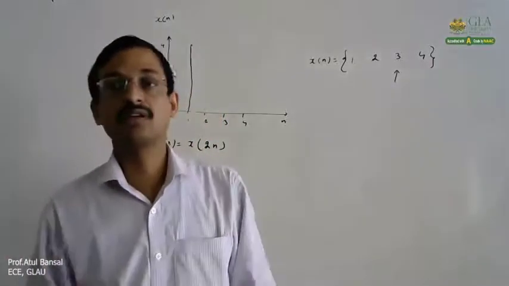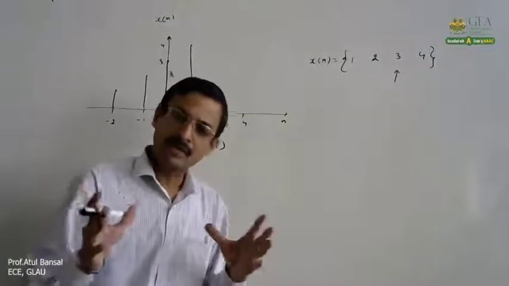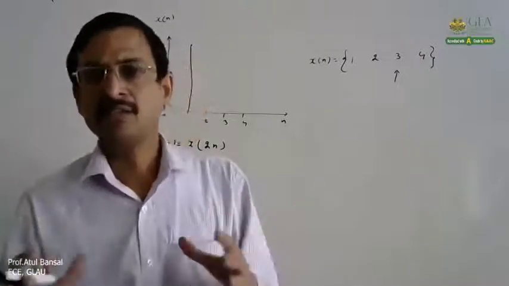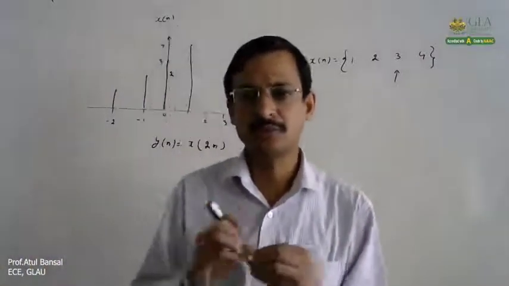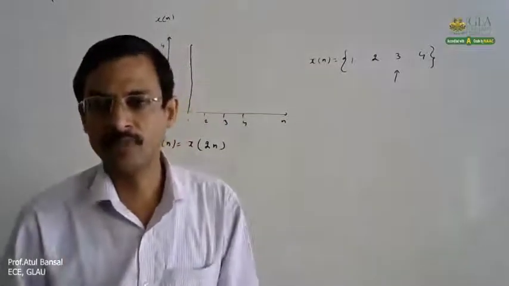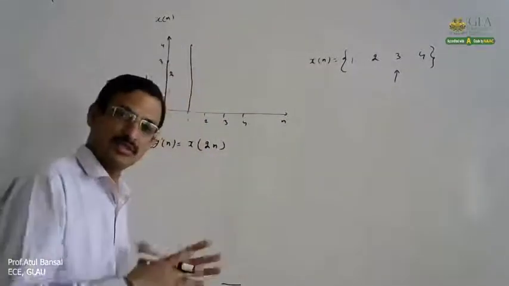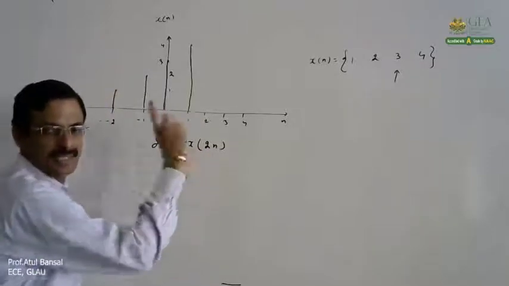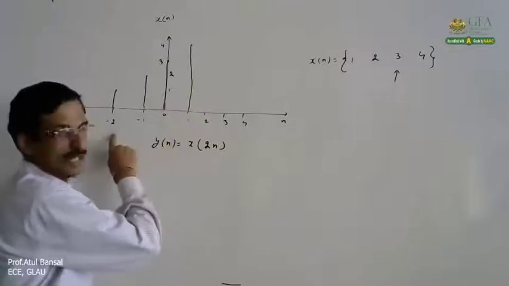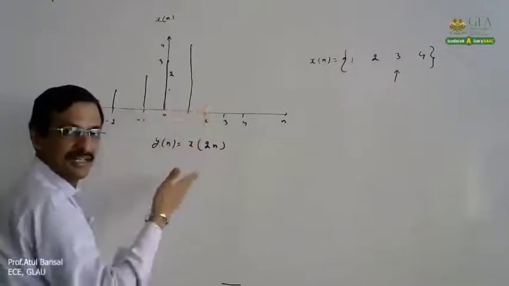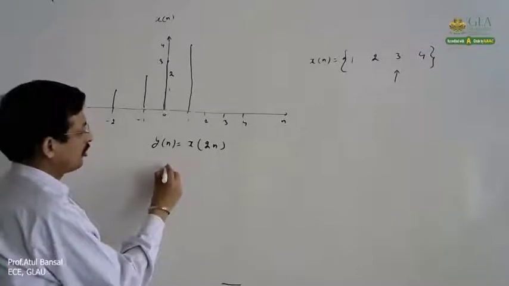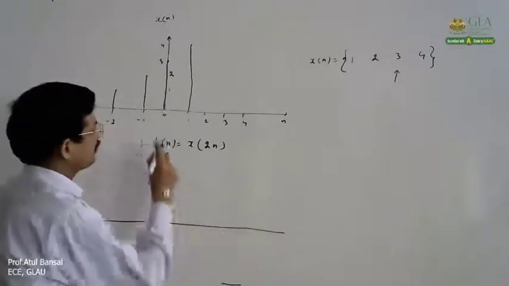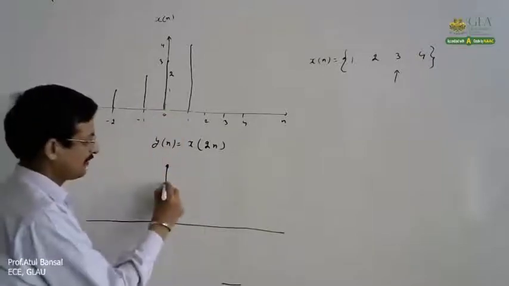Now this compression, expansion, right now you can just visualize image compression and expansion. When you compress or expand, some of the information gets lost or some noise kind of things start coming into the picture. So that is similar to this kind of phenomenon. Just look at that. What will happen? x[2n]. As we discussed earlier, each of these time values will start getting divided by 2. So 0 divided by 2 will remain 0, so it will remain the same 3.